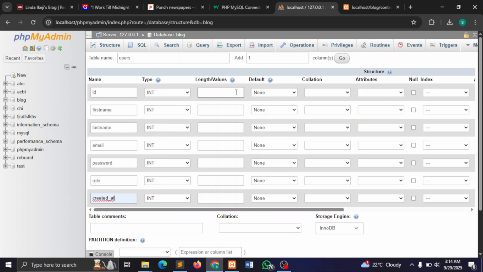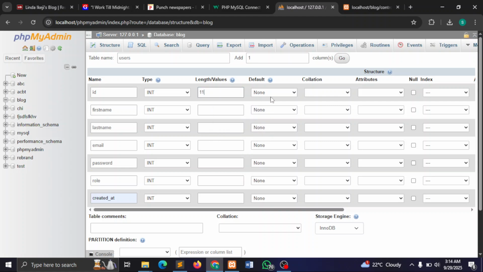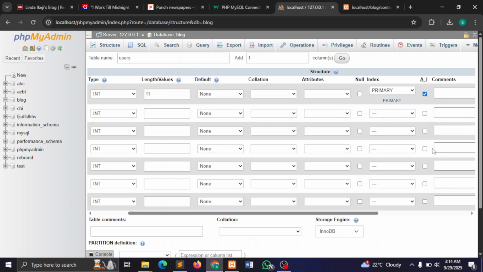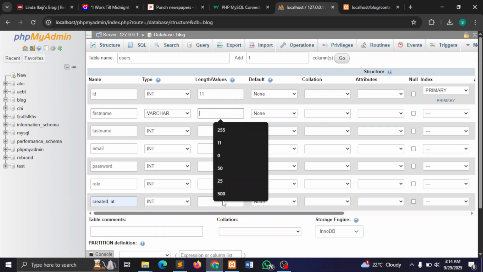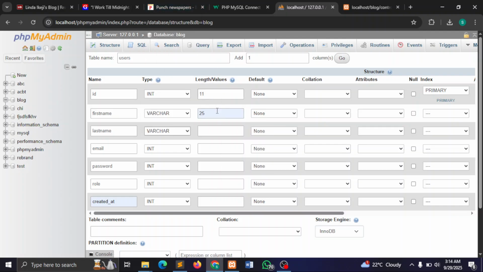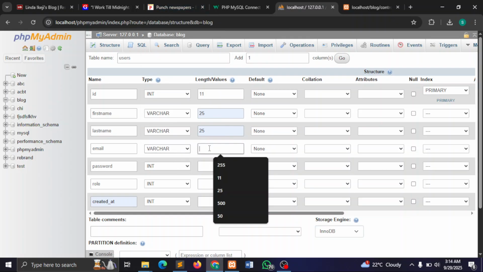So ID is going to be int. It's going to be of data type int. So we're going to make it 11. Then we'll make it auto increment. So I want the ID to auto increment. Then first name is going to be variable character. So we'll make it 25. Last name, same thing, variable character. Email is going to be variable character. And so we can make it like 50,